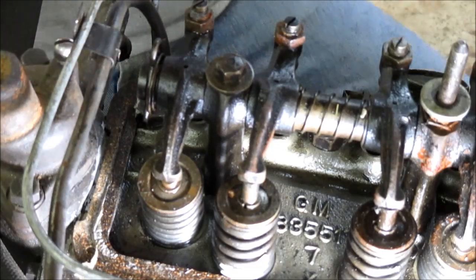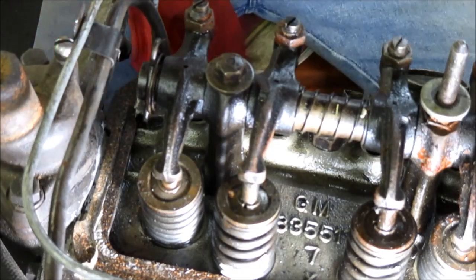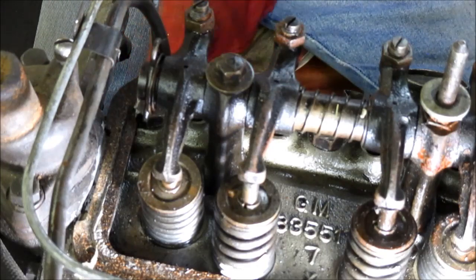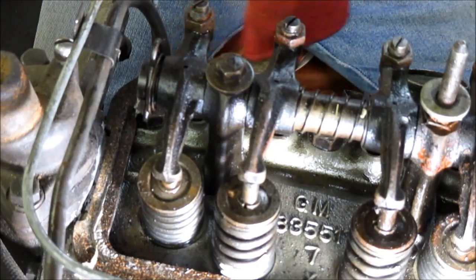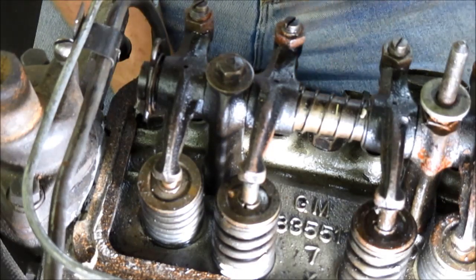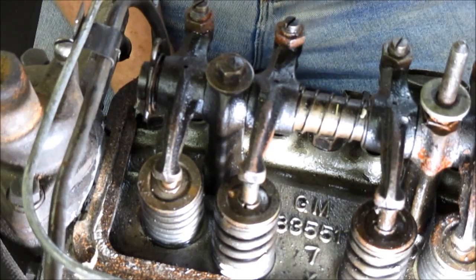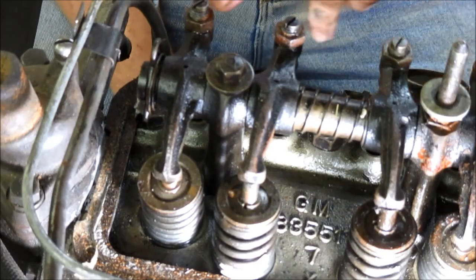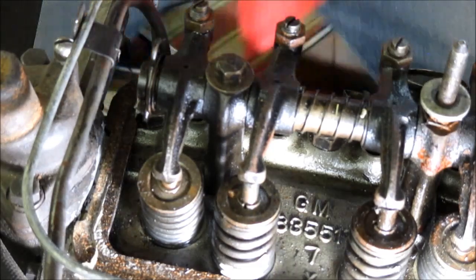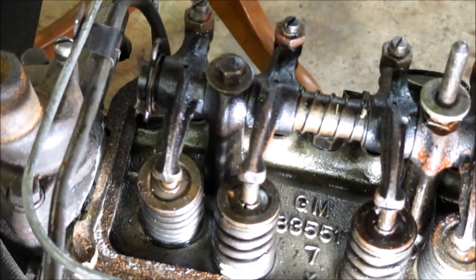So it's real slick. Anyway, that's basically how you adjust the valves on this stove bolt engine. The 261, the 235, the 235 splasher, and the 216 all adjust the same. They have the common rail here. And just to explain the oiling a little bit,